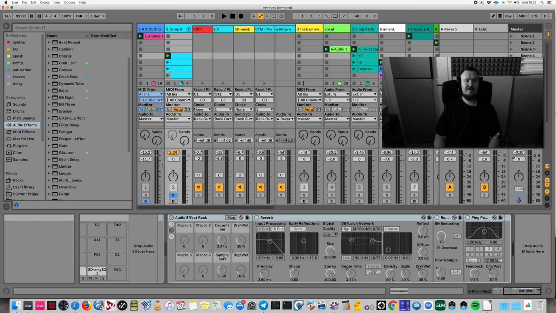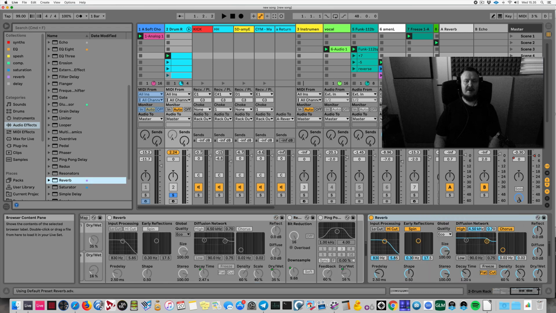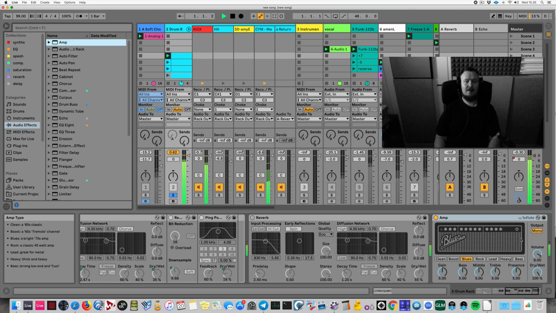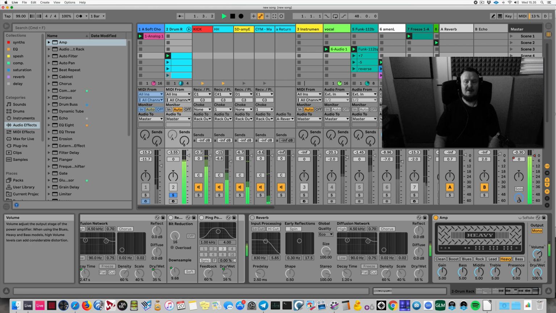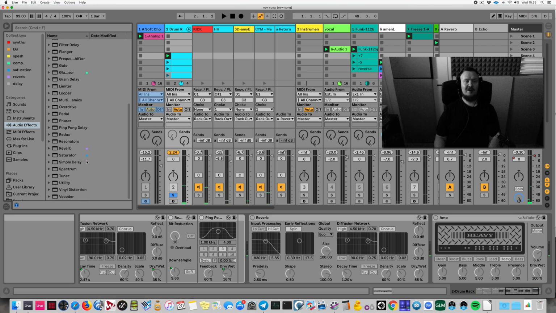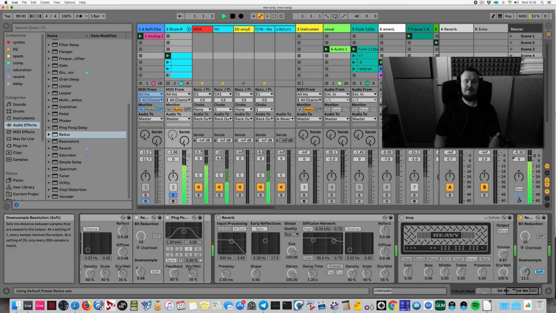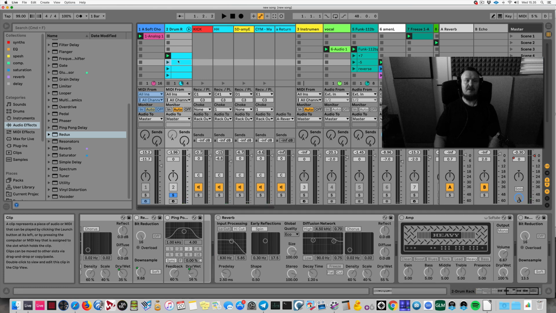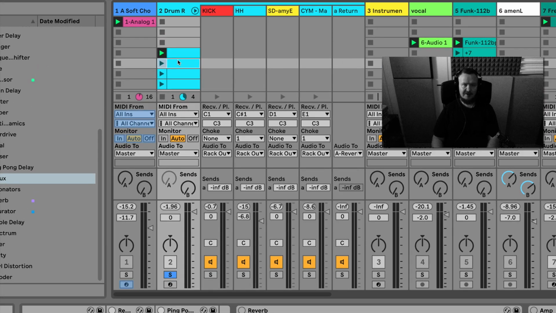So let me think of the effects real quick. I could have good old classic reverb. Okay, that'll do. And then maybe an amp. Okay, that'll do. And one more. Just Redux will do. Great. So I will name these clips in a relevant fashion. This clip will be dry, means it will not trigger any effects, and this will be reverb. This will trigger the reverb, and this will be amp, the distortion that I'm using, and this will be